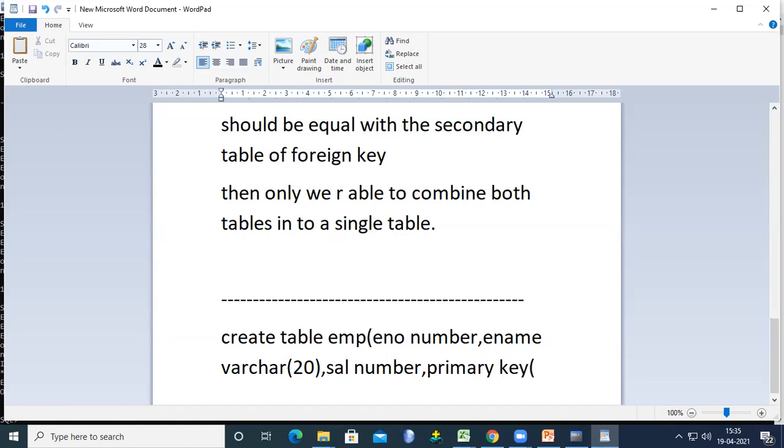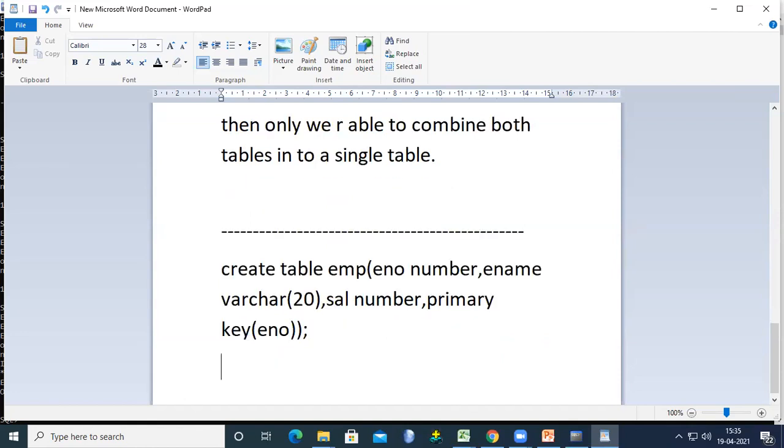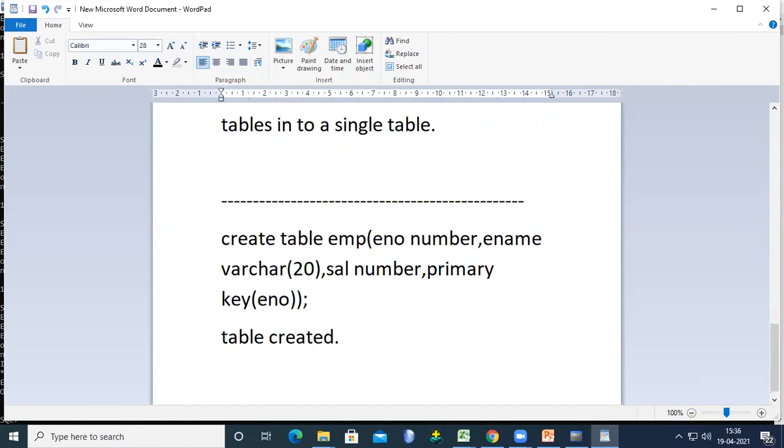What is the primary key in this relation? Employee number. If you give this command, the output is table created.